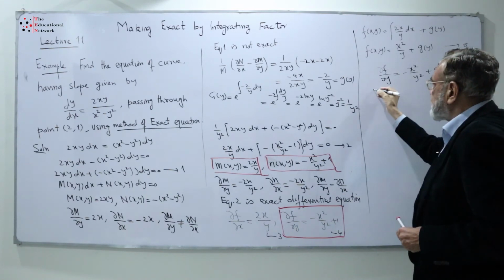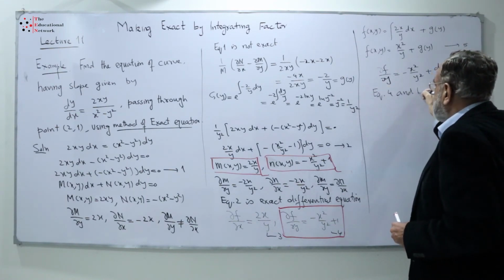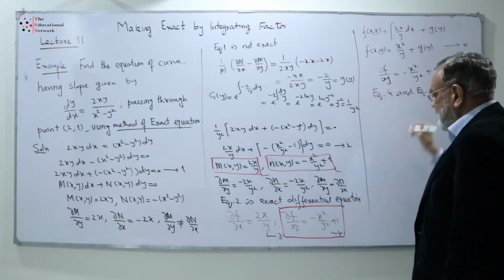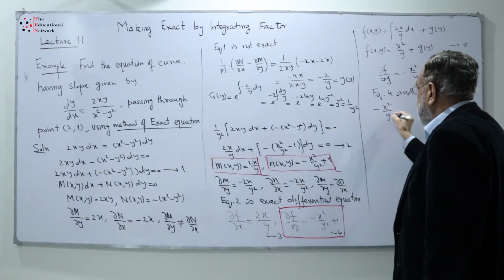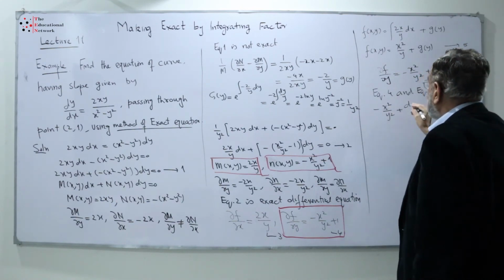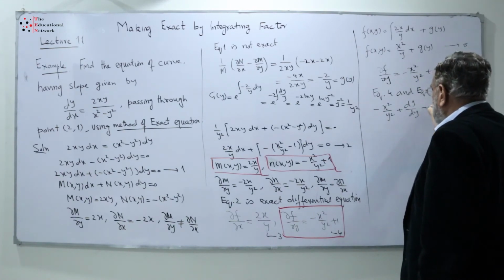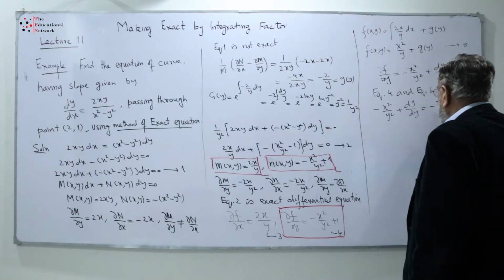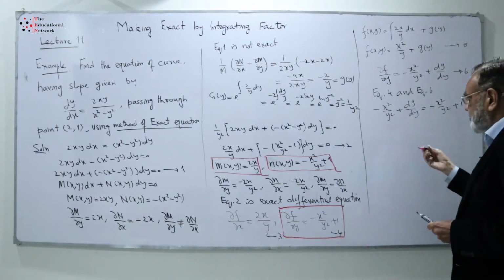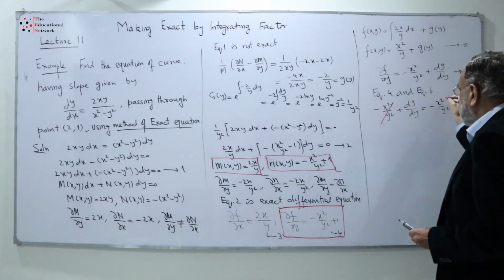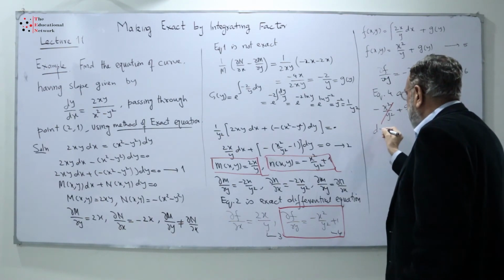I take equation 4 and equation 6, and I get minus x square over y square plus dg by dy is equal to minus x square over y square plus 1. Now we can see immediately it is cancelled, and we are left with dg by dy